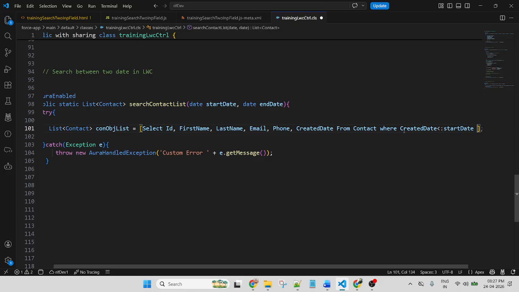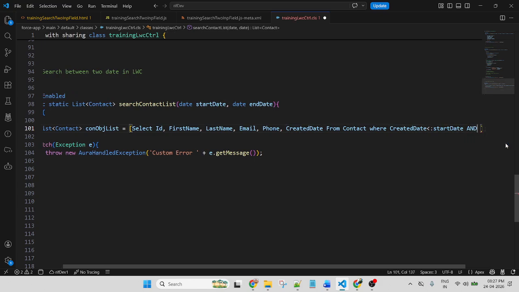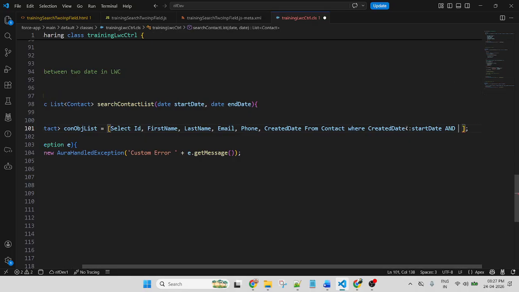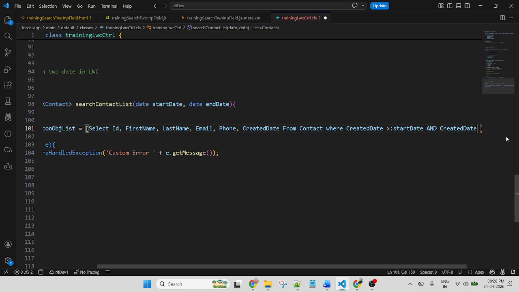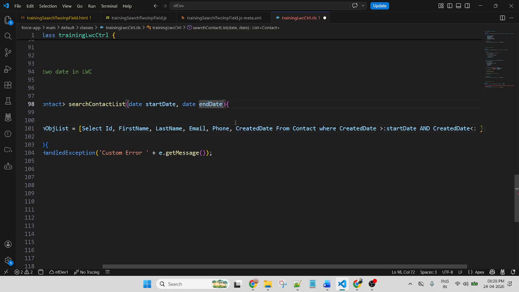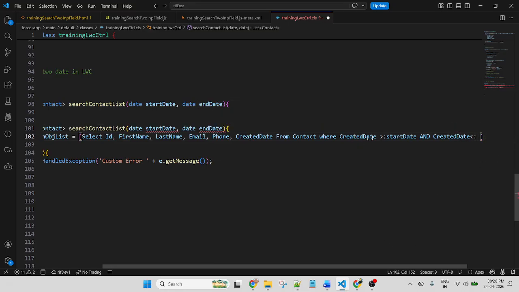So first, CreatedDate greater than startDate and endDate will be CreatedDate less than colon endDate. So the first input value will pass startDate, the second input value will pass endDate.